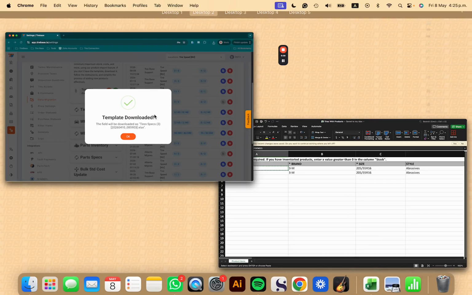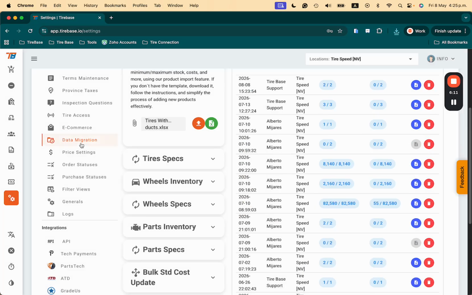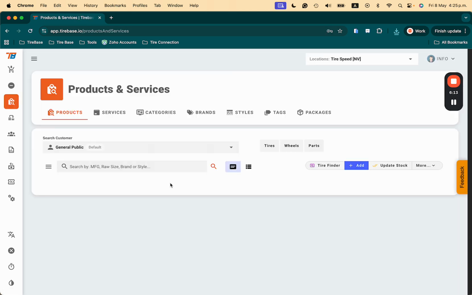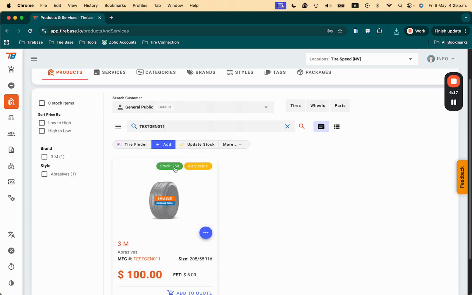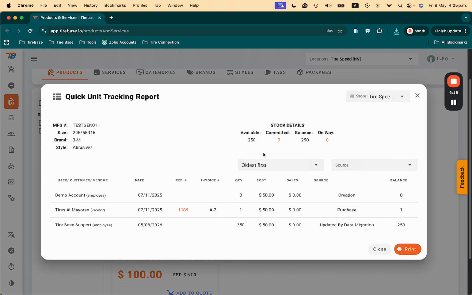So if I go back into the products and services section to consult my products, this is the first one we modified. So if I go in here in the track unit report, the system says previously you had, okay, let's do it like this. Previously you had 1, this was the balance, and then you made a data migration, and then 250. So as you can see, the quantities right here,